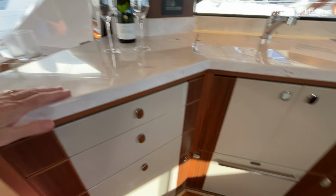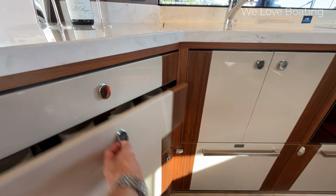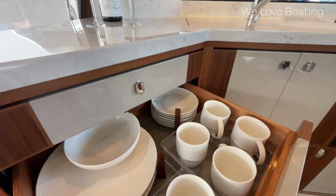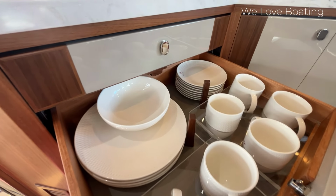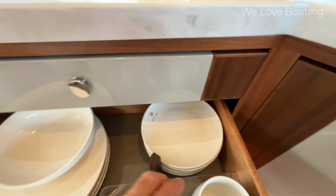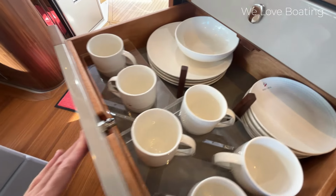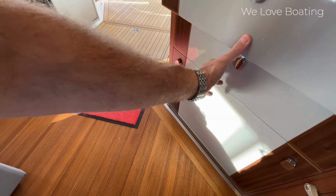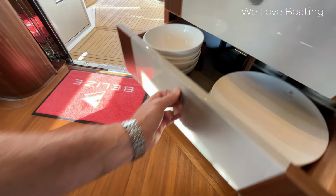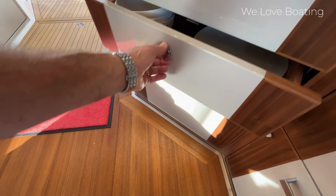And then on this side, all the things you'd expect, drawers and the like. Love the way that everything's got a place and everything in its place. I don't know if you can pick up on this, but we've got the Belize branding on all the crockery, all of the cuppery. I think it's etched into the... There we go. Just lovely, isn't it? Beautifully elevated